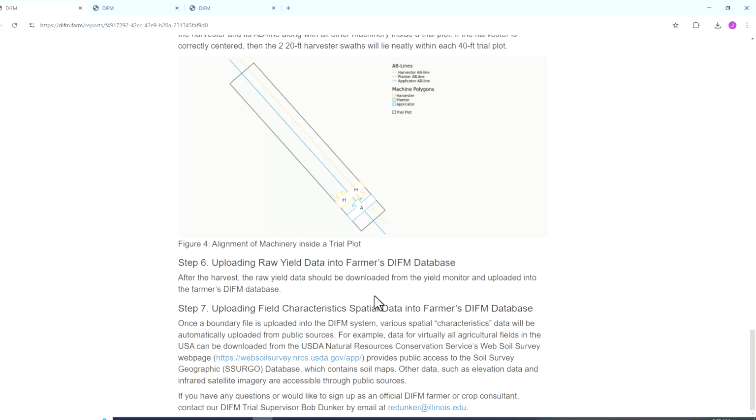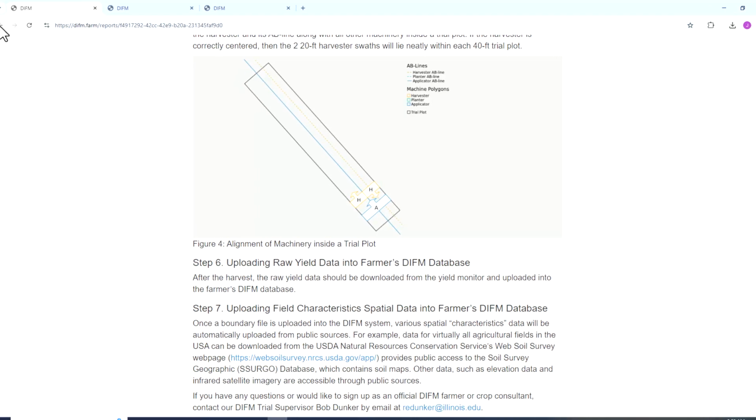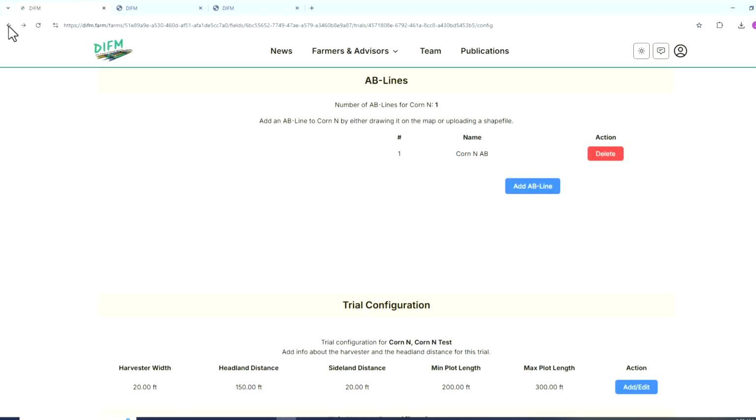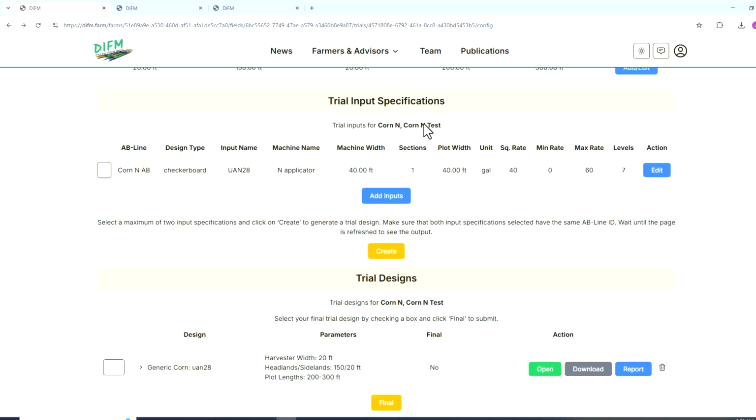Then it goes into kind of uploading some different things. So next, after we've done all of that, we've decided, okay, that's the trial that we want. We looked at it, we're good with it. We're going to say, okay, this is our final version of this one that we want. It'll ask us if that's yes for sure. Then it'll click OK, then it'll go ahead and design the trial